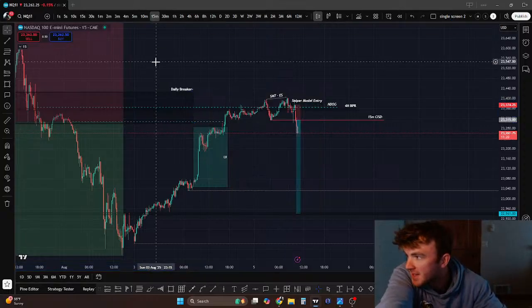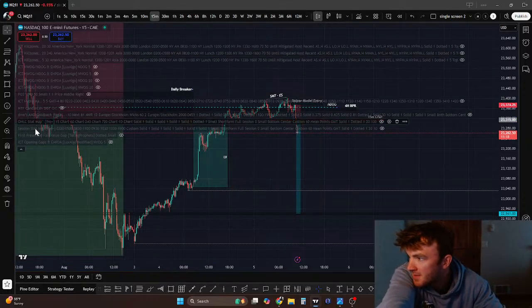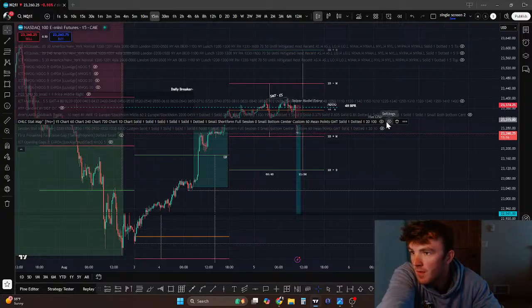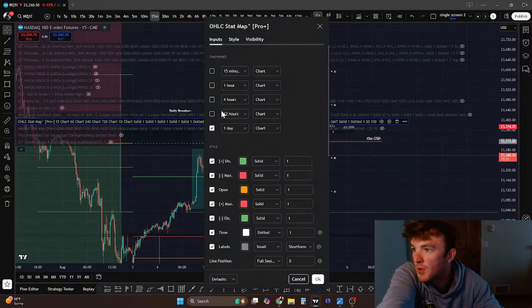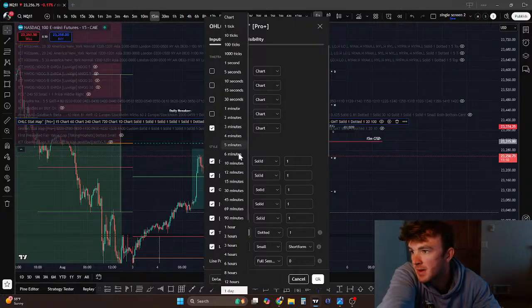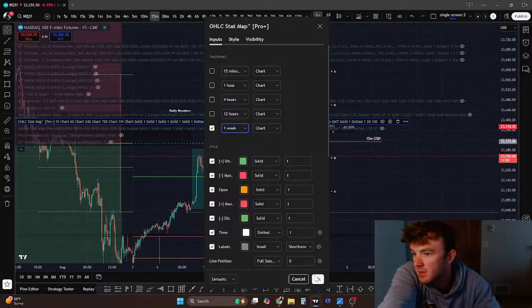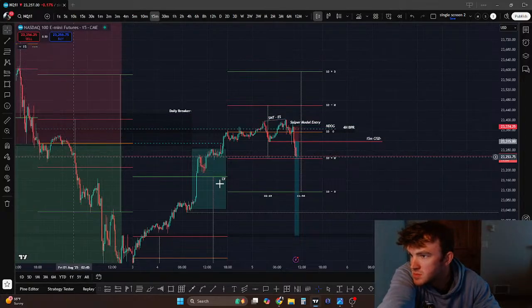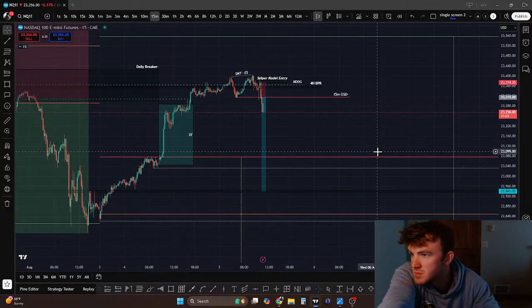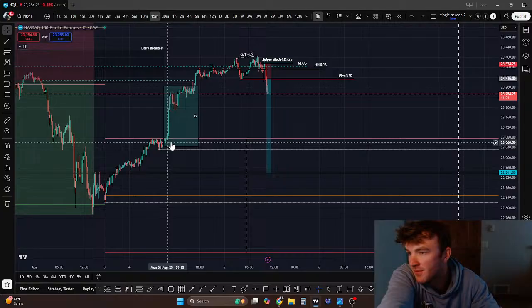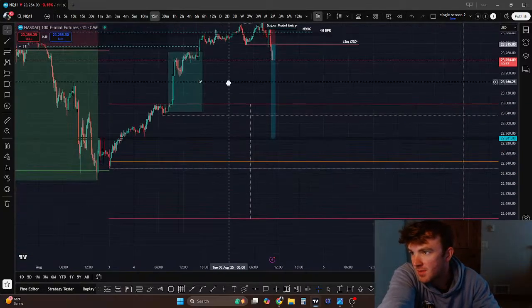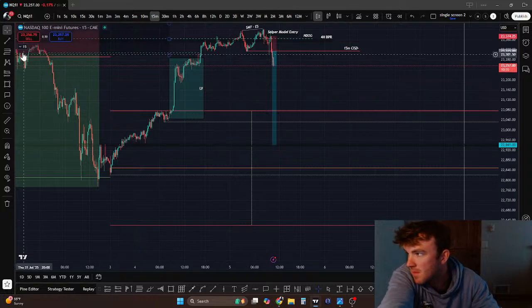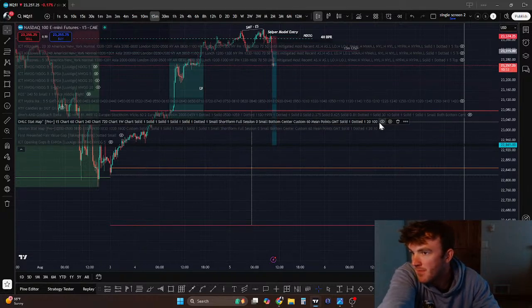Curious if we have any stat map levels that align with this idea. Maybe the weekly one actually might align with this pretty well. Oh, wow, we're actually really far above the weekly manipulation level. But this is why